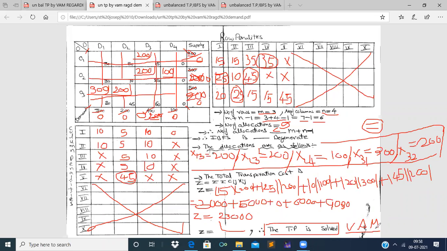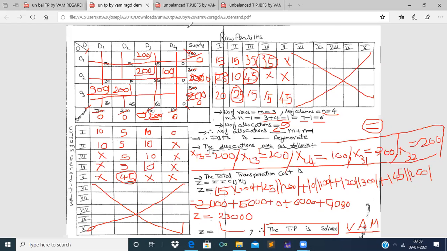As it is an unbalanced transportation problem, first we have to make it balanced, and later we have to opt for Vogel's approximation method. After opting this method, we go for row penalties and column penalties. For the first allocation, we select the greatest penalty among the row and column penalties, and corresponding to that greatest penalty, we enter its corresponding row or column, select the least cost and allocate in that least cost cell. That is, we make the allocation in that manner by Vogel's approximation method.